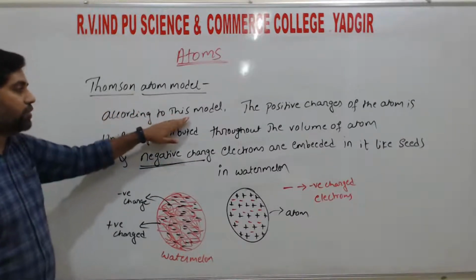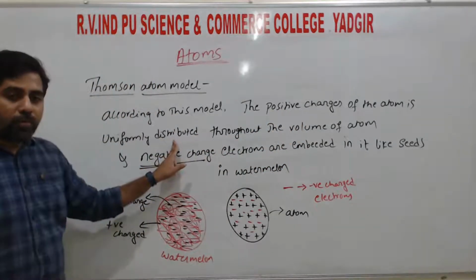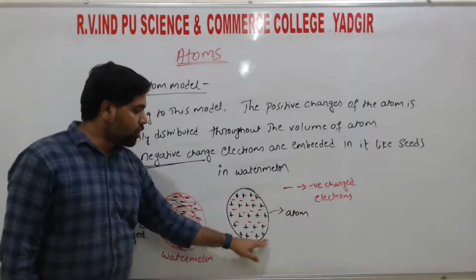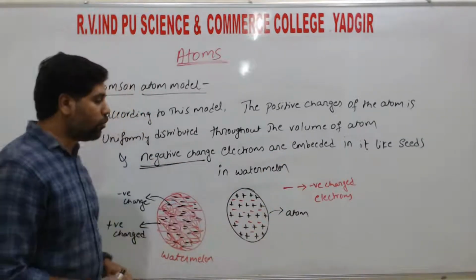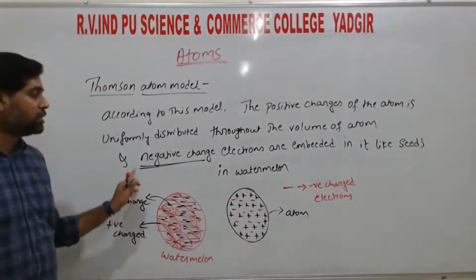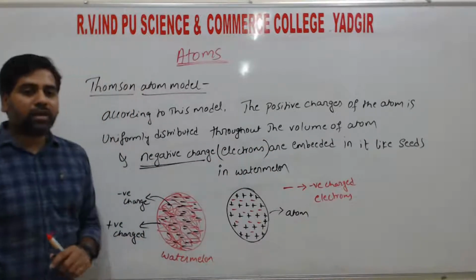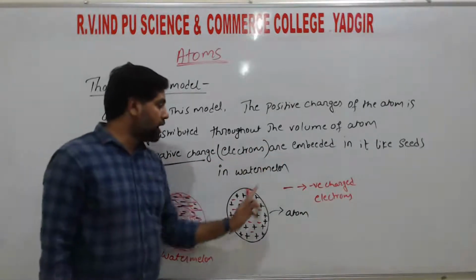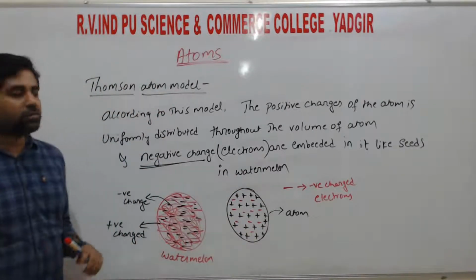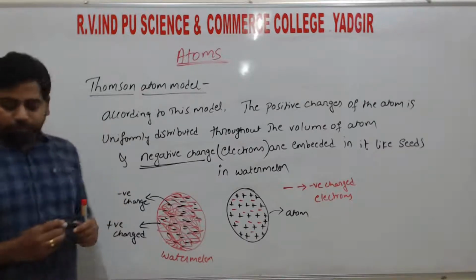Right? So according to this model, the positive charge of the atom is uniformly distributed throughout the volume of the atom. The negative charges we call electrons. Those electrons are embedded in it like the seeds in the watermelon, right? So this is the Thomson model, right? Next,